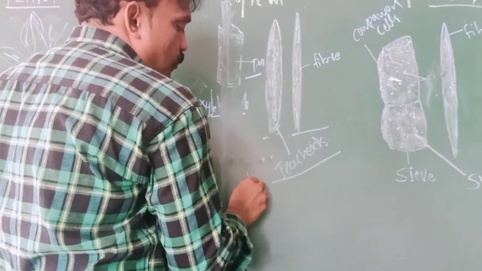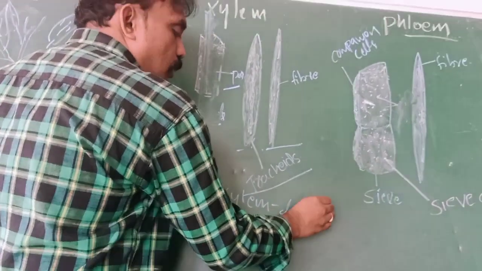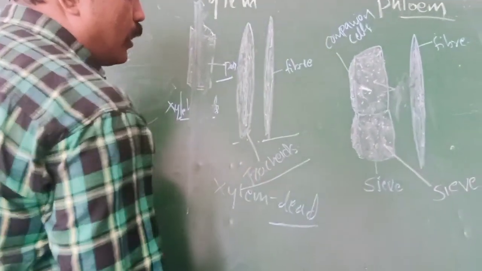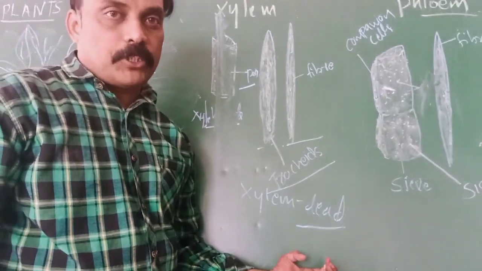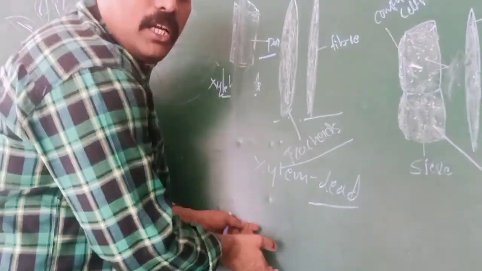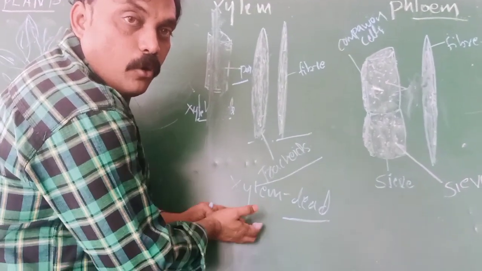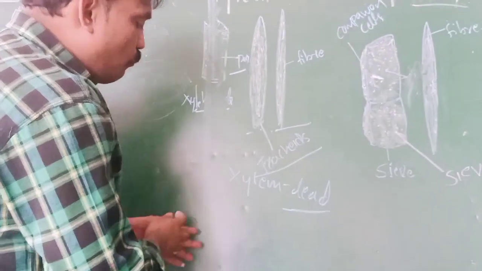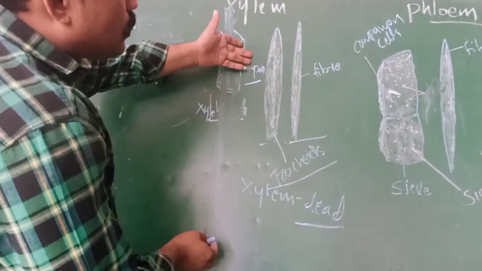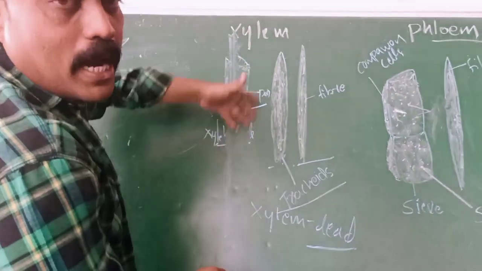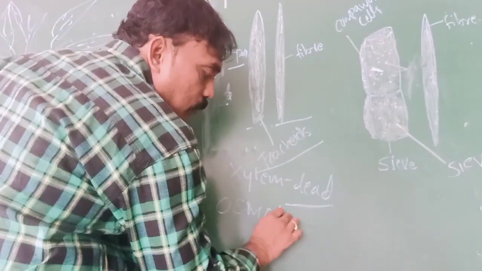These xylem cells are what? Dead cells. So they easily supply the water through the pressure of what? Osmotic pressure. Osmotic pressure means the movement of water molecules from higher concentration, higher volume, to lower volume, so it moves from one cell to another cell through xylem vessels and xylem tracheids, moving upward in the plant. Osmotic pressure is useful.